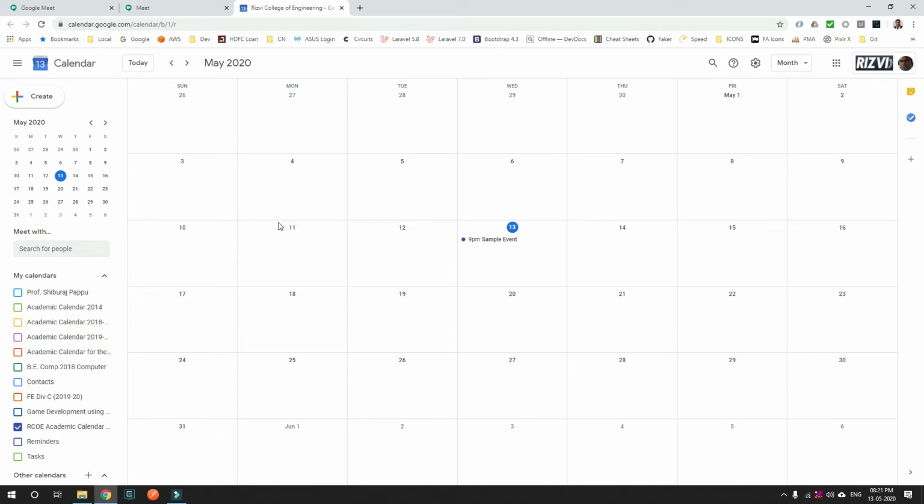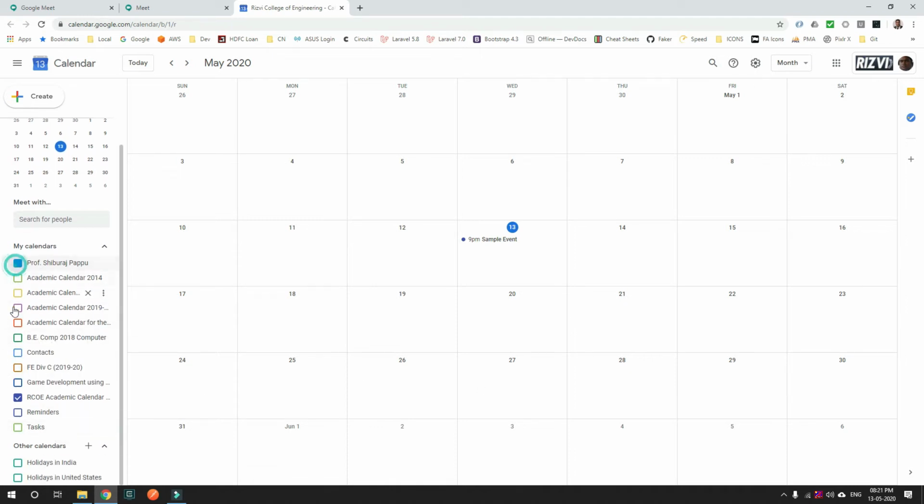calendar.google.com, and as soon as you open, this is what you get. Okay, your view may be slightly different. That may be because there may be many more calendars in your calendar, right? So if you look at it over here, these are all the calendars that you have. So I have lots of different calendars. So if I select one of them, then whatever events are there on those calendars will be displayed in this section over here, right? Similarly, all these, right? So what I've done is I have removed everything, and right now I don't have anything